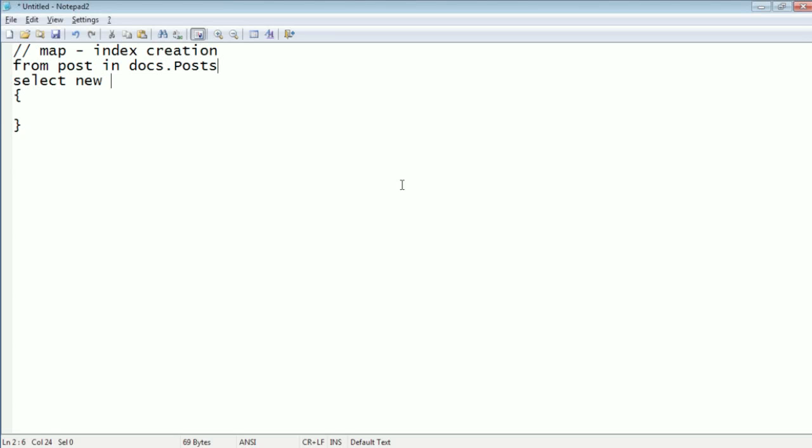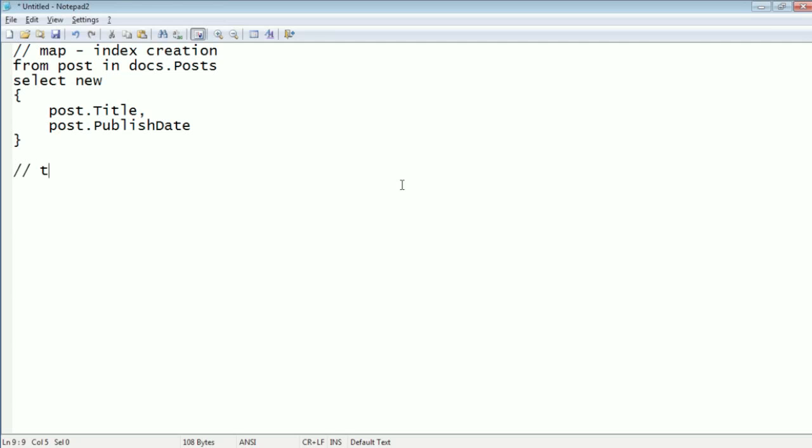This is the index creation. Title, post.publish date, something like that. Now, I can do this very, very easily, and this creates an index that allows me to search by the title and the publish date.